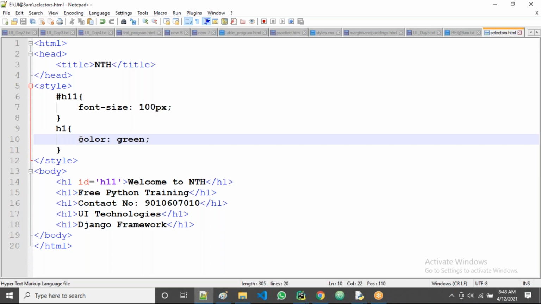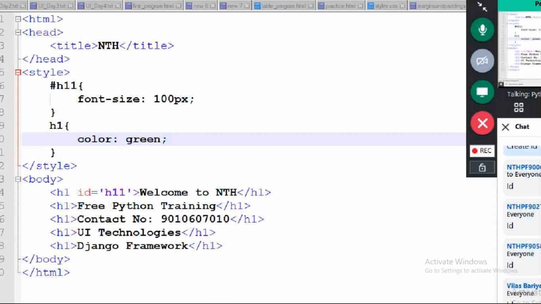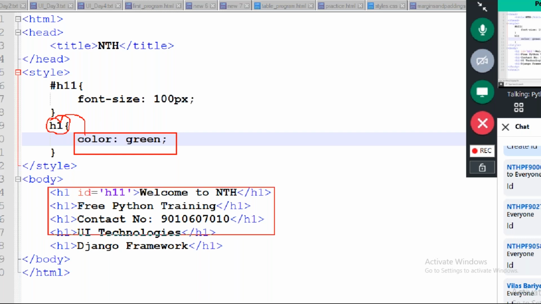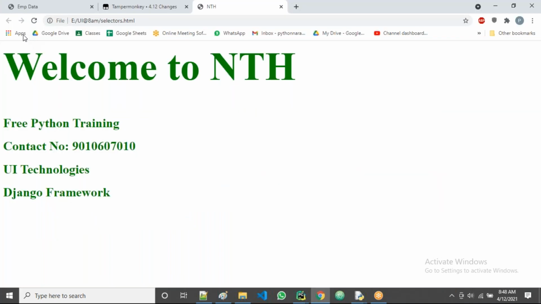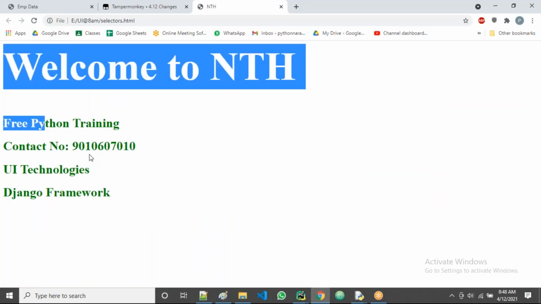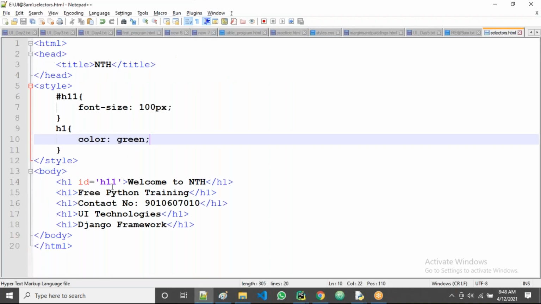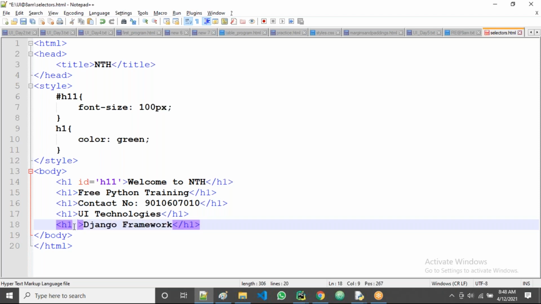Again, the color style will apply for all H1s, including the first one also. For all H1s in the program, it applies the same style. Let us see now. I save this one. Let's go here. Yeah, see. Now you can observe here for all H1s it applied. But what I want now is to apply for the last element only. Then again, I go for a more unique ID for this one. Let me take here, suppose, H12, guys. You can take any name as ID. It's a user defined name.